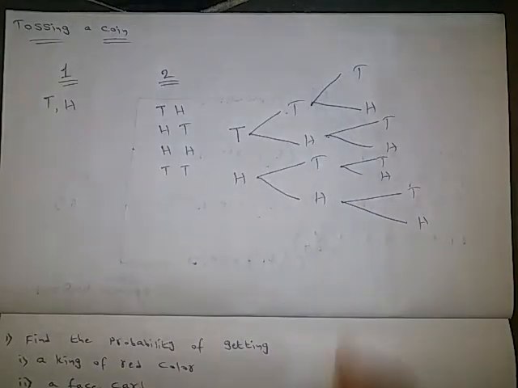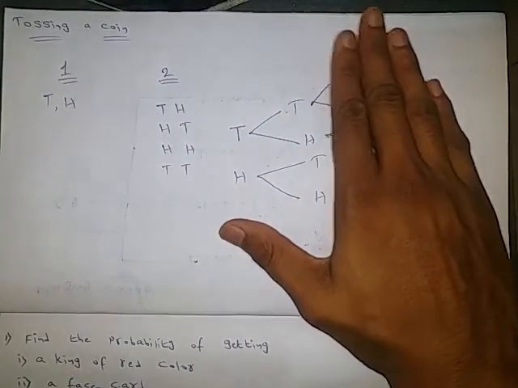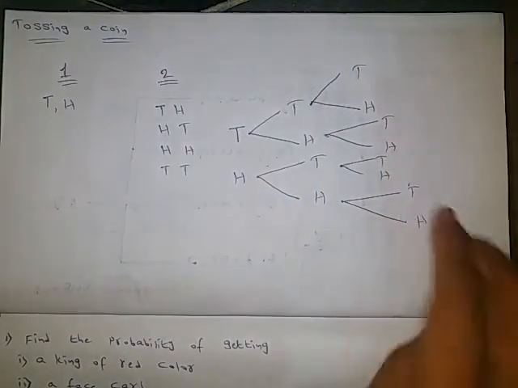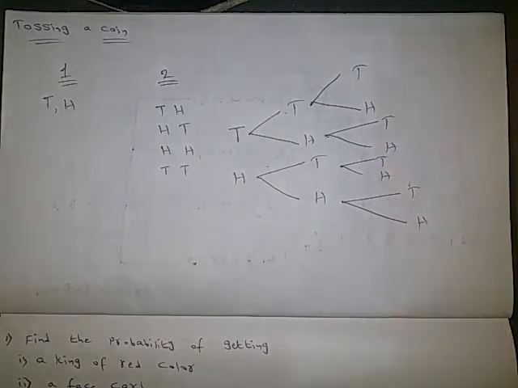Now this is for 1 coin. This is for 2 coins. This is for 3 coins. Still if you want more, again make 2 arrows and write TH TH TH continuously like that. Now if we observe it,